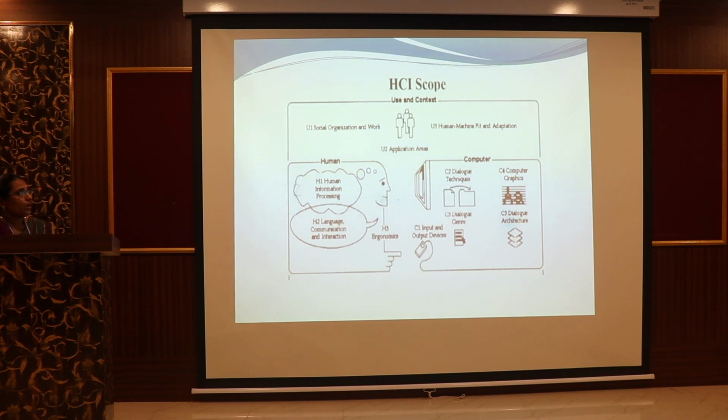Then, the HCI scope. In the HCI scope, first you take one side human, another side computer. See, human in the sense, humans have some social and organizational work. Computer means the computer tool used to design some techniques. So the human uses some information to process the system. Then the human has some language and interaction with the computer system. So in human-computer interaction, the human first has some social organizational